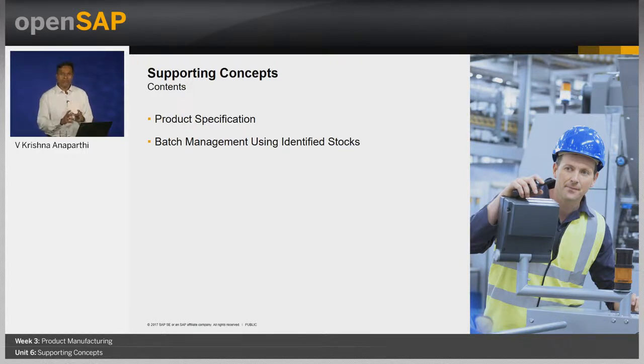Batch primarily refers to grouping of few units of inventory based on common characteristics of the units. Materials that require such precise identification, for example, in the industries of pharmaceutical and automotives, are identified and managed in stock not only per material number but also per batch number. The other commonly used term for batch is lot number.